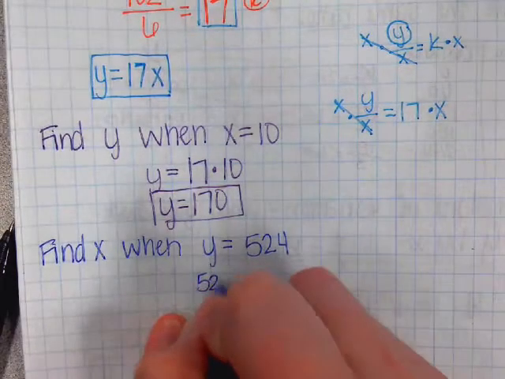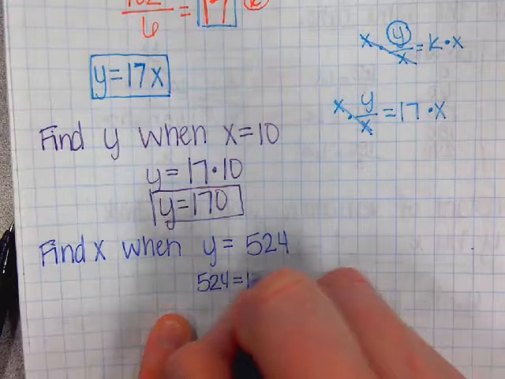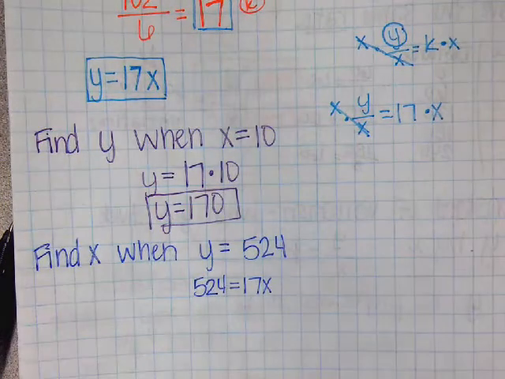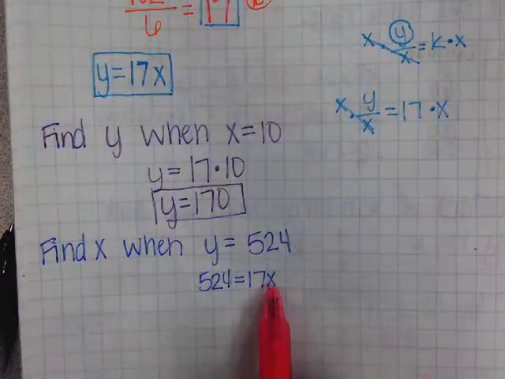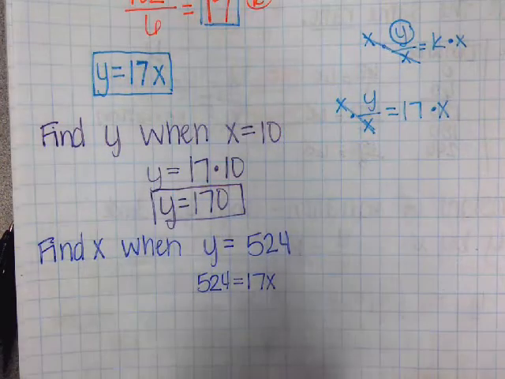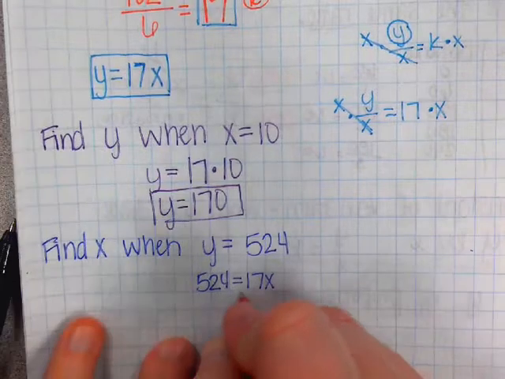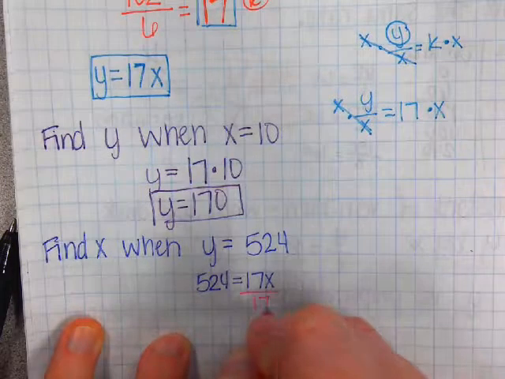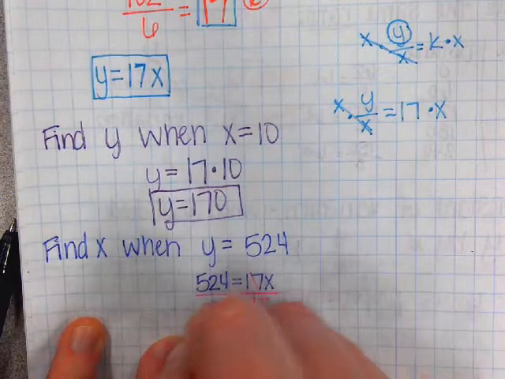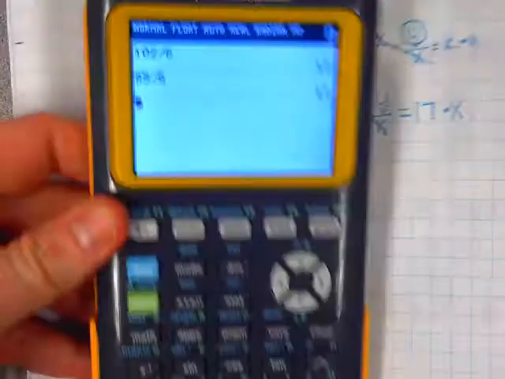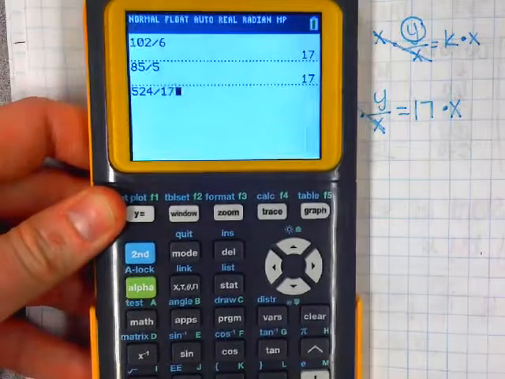So again, plug this into the equation. So 524 equals 17x. Now we're looking for x this time, so I'm going to have to do a little bit of solving. It's 17 times x, so I'm going to divide by 17 and divide by 17. So 524 divided by 17